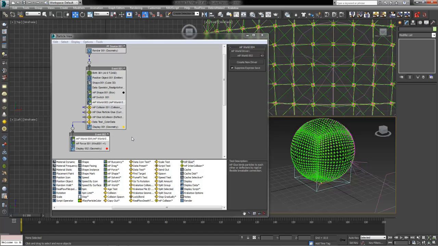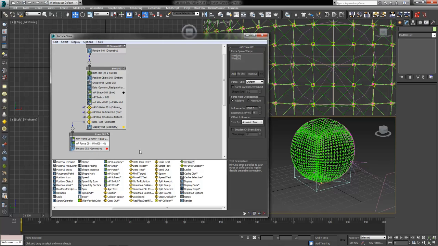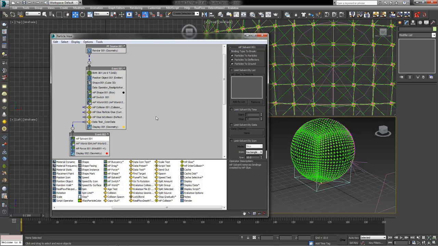And let's add ourselves a solvent. We've got our world, we've got our force. Let's add an MP solvent underneath here, or actually, let's go to the very top. Now this solvent, we've got some options here. If I click my solvent, we've got the options over here. We can tell it to